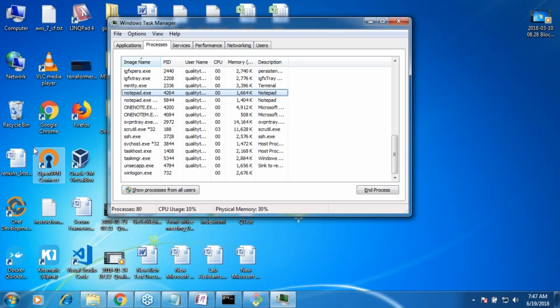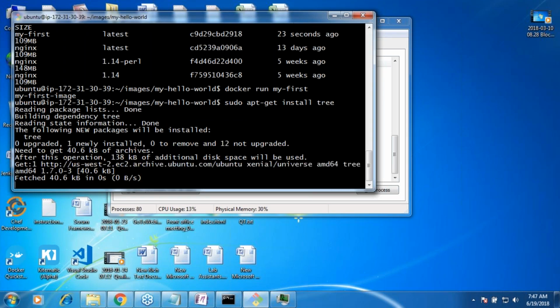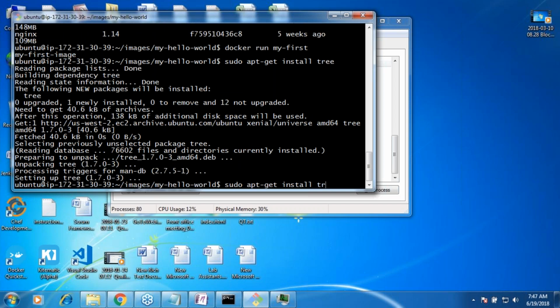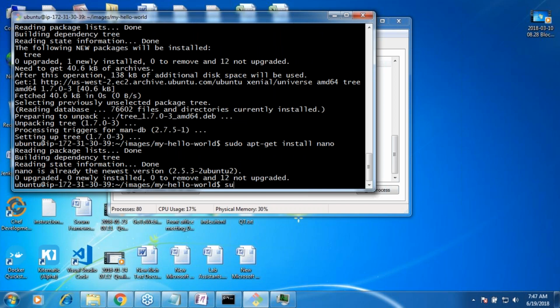For example, I'm just trying to detail it out. Say I run sudo apt-get install tree. Tree is a very simple thing. Nano will already be there. Okay, let us install Java here.